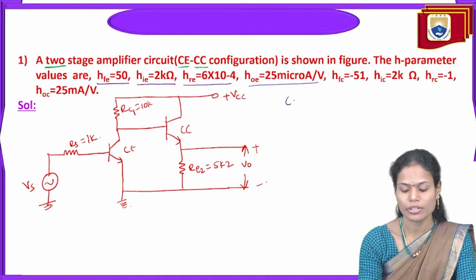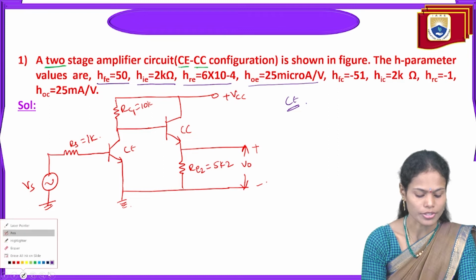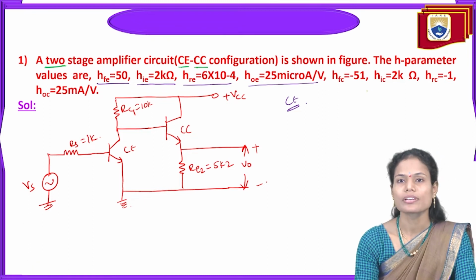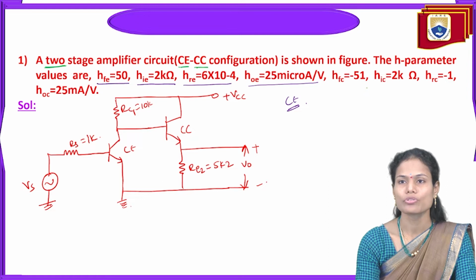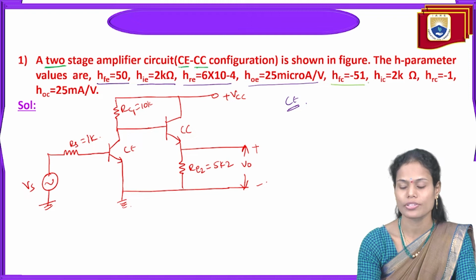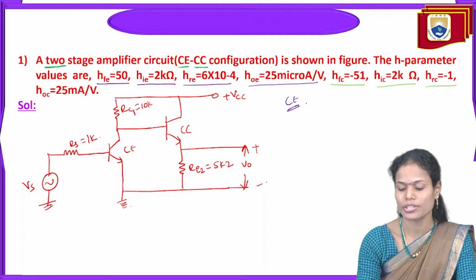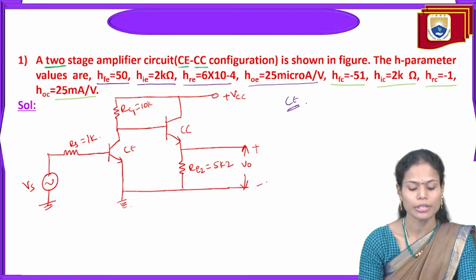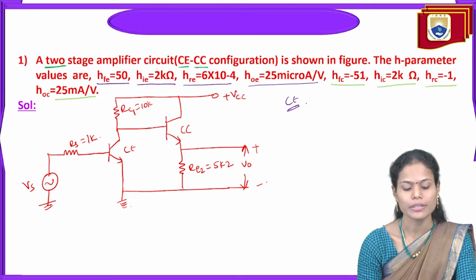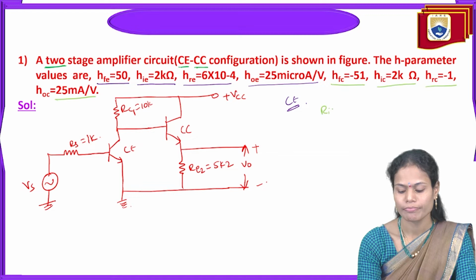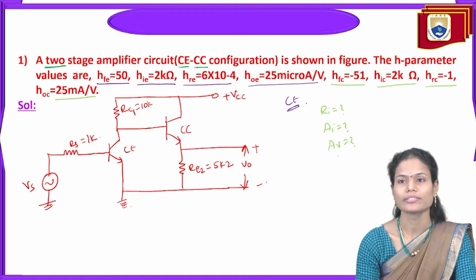So these all are the parameters of common emitter configuration. And similarly, the second stage is the common collector configuration. Those h parameters are hfc, forward current gain in the common collector configuration, is minus 51, and the input impedance is 2 kilo ohms, and the reverse voltage gain is minus 1, and the output admittance is 25 milliamps per volt here. So for this circuit we have to calculate the input resistance, current gain, voltage gain, as well as